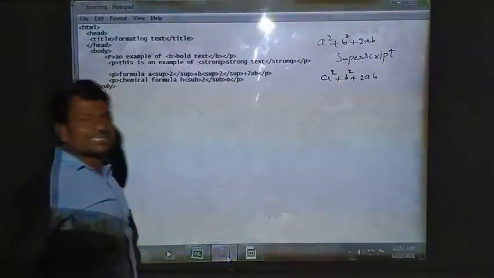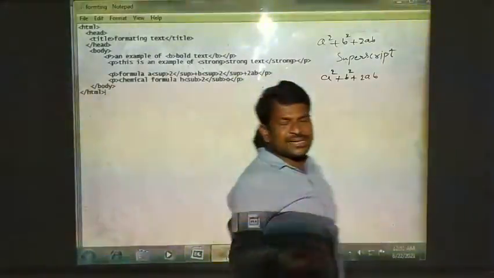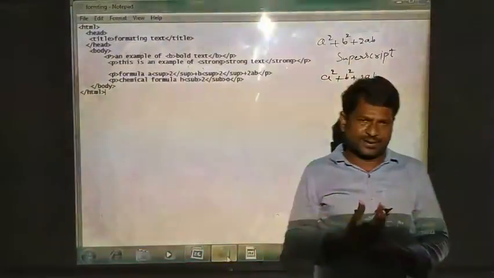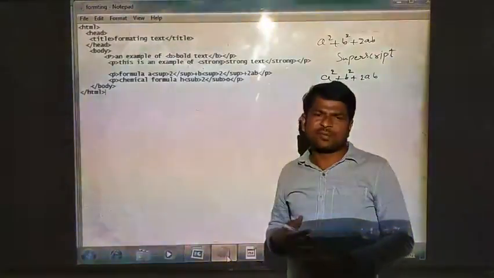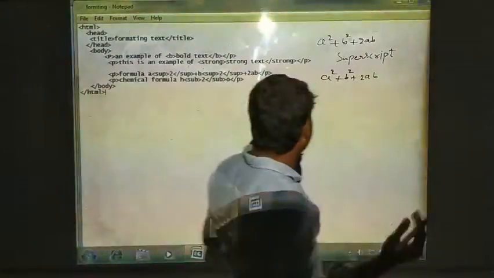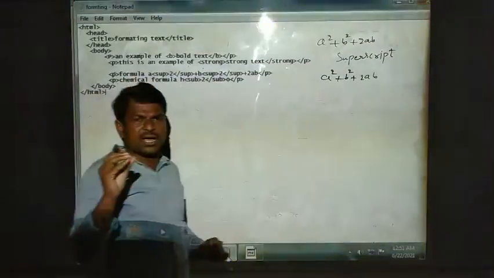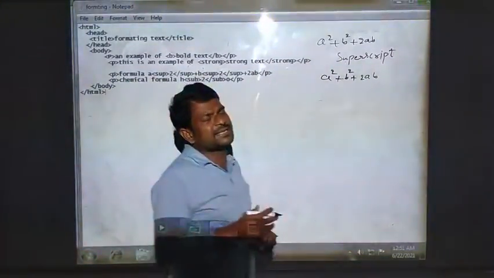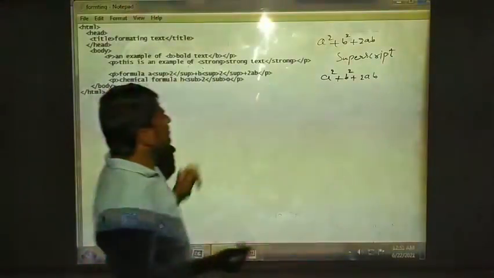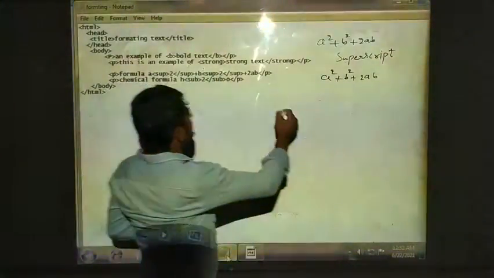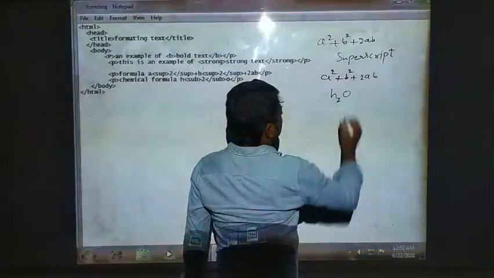Next is what? Some other times if your web page is related to some chemical factory, your web page is of a chemical factory, right? What are the chemical formulas for your chemical substances? You need to give some formulas, right? That you have to display on your web page. At that time, can you type H2O using keyboard?